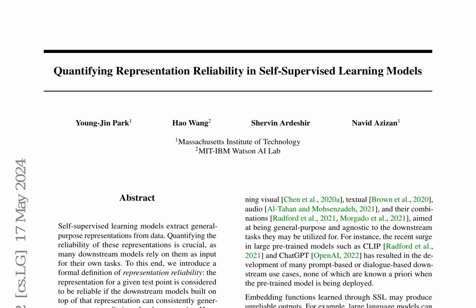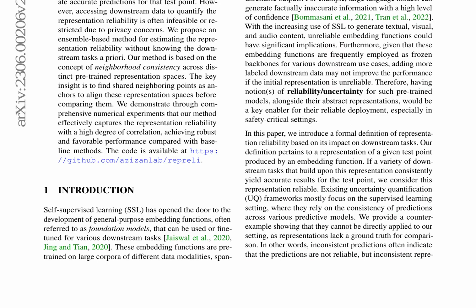Quantifying representation reliability in self-supervised learning models is crucial for ensuring the reliability of downstream tasks. We introduce a formal definition of representation reliability, focusing on the consistency of predictions across various downstream tasks. Our approach, based on neighborhood consistency across distinct pre-trained representation spaces, estimates representation reliability without knowing the downstream tasks a